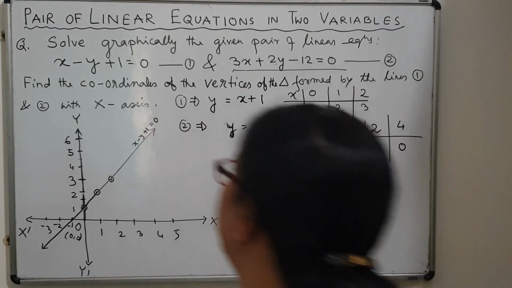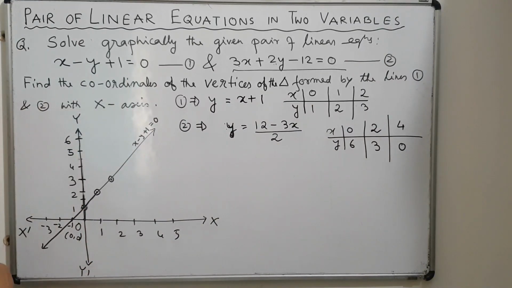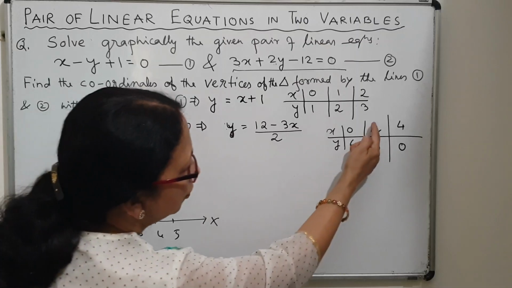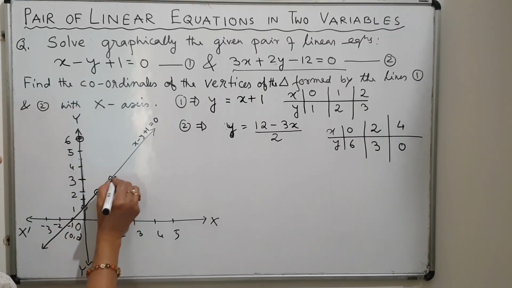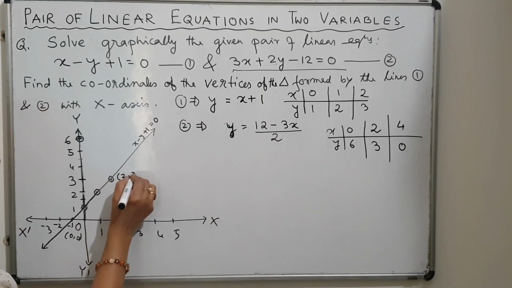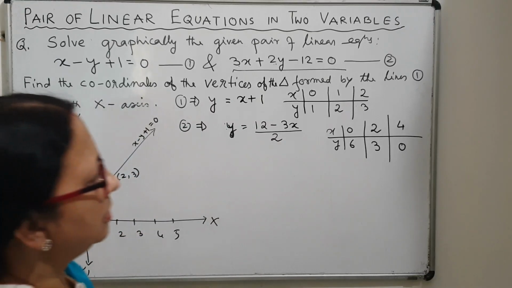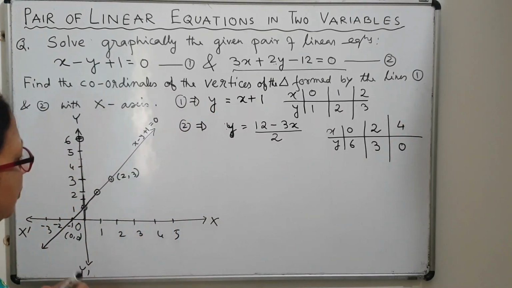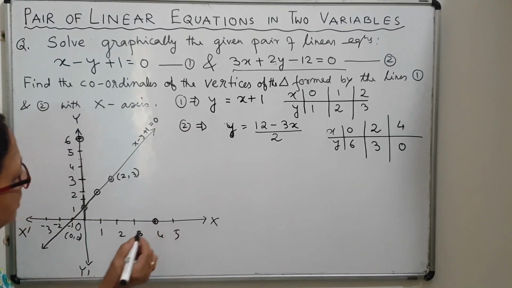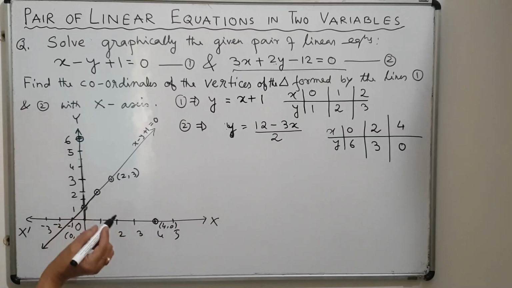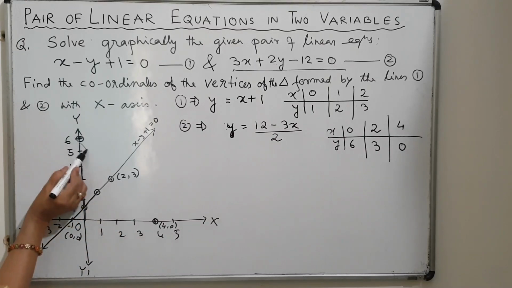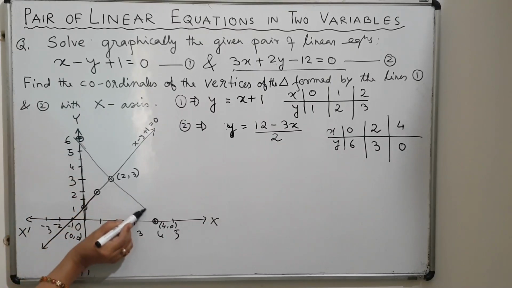0, 6. 0 and 6 here. So this is the point 0, 6. Next point 2, 3. This is your 2, 3. Then lastly 4, 0. So it is 4 and 0 here. So I have to join these 3 points together